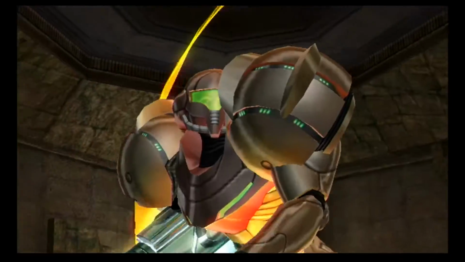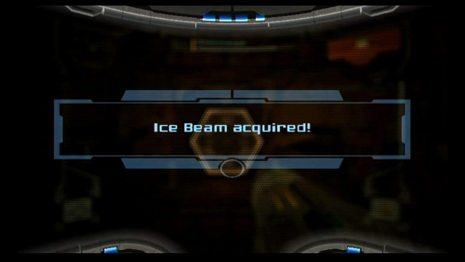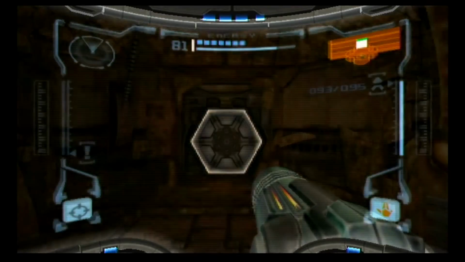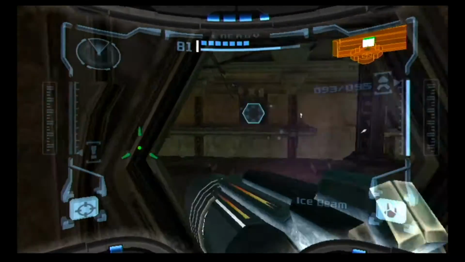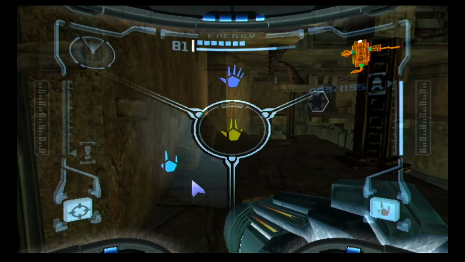It's about time we got a new weapon in our arsenal. And now we can shoot white things. We shoot white things out of our arm cannon to hit white things. Again, no, select that. It's got a weird, like, radical notation. I don't know why, but...